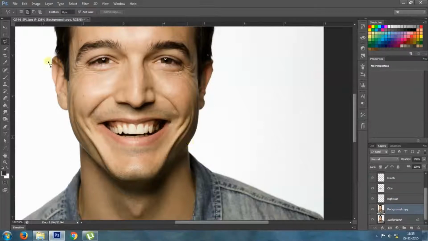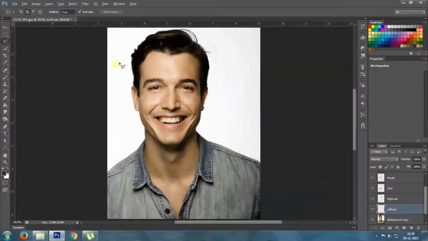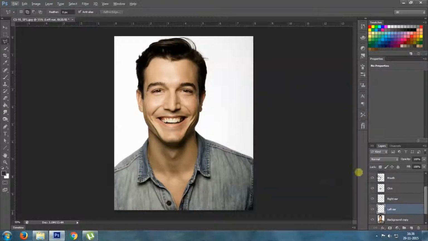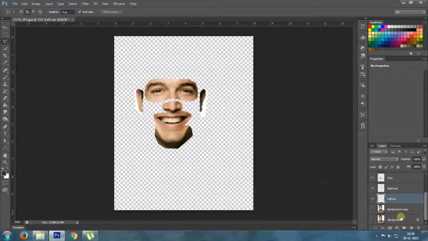Same for the left ear. Again hit Ctrl+J and rename it as left ear. That's all. I have separated all the features from the face,